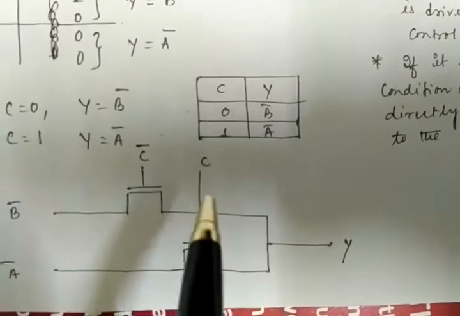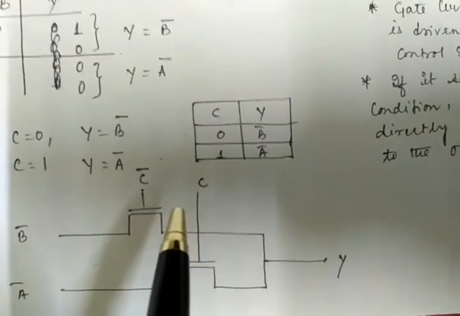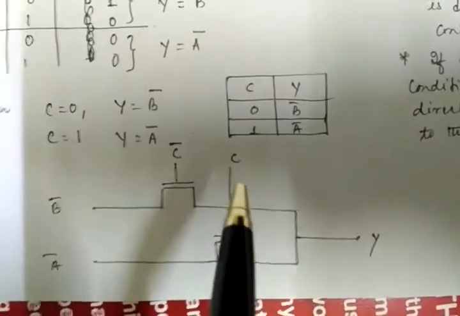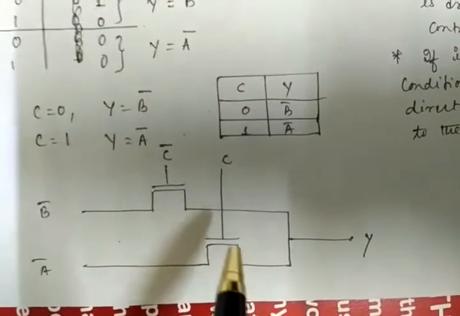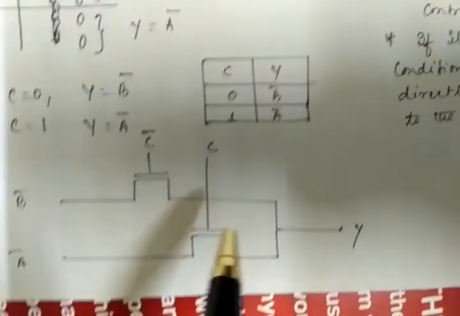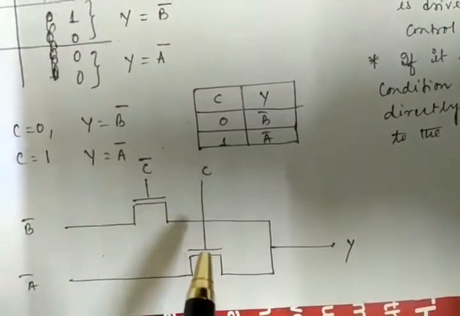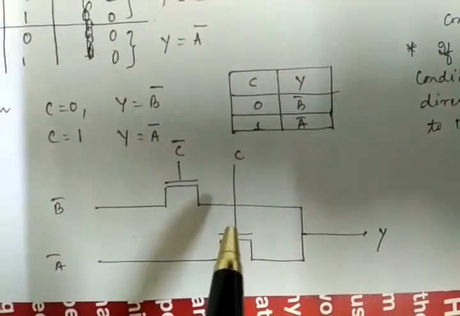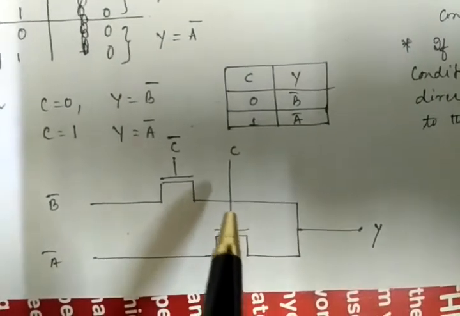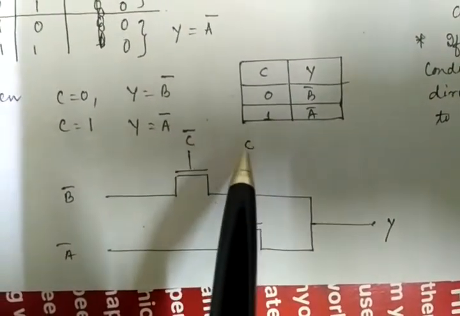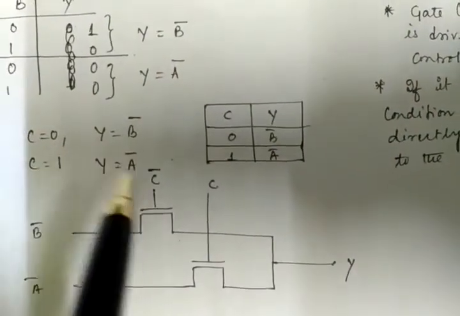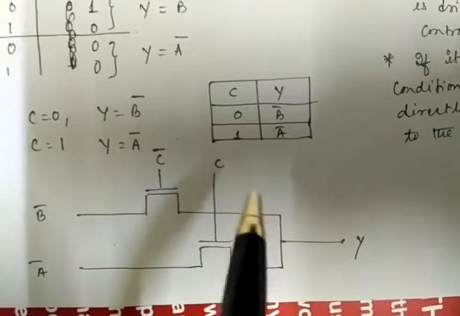They are connected individually, so that each gate terminal can be driven by the control signal. And again, one thing: two NMOS transistors in parallel cannot be on at the same time, because two NMOS cannot be conducting in order to get the output correctly. So at any time, only one of the NMOS will be on. The gate controlling parameter is C and C bar, because whenever C equal to 0, Y equal to B bar, and C equal to 1, Y equal to A bar.